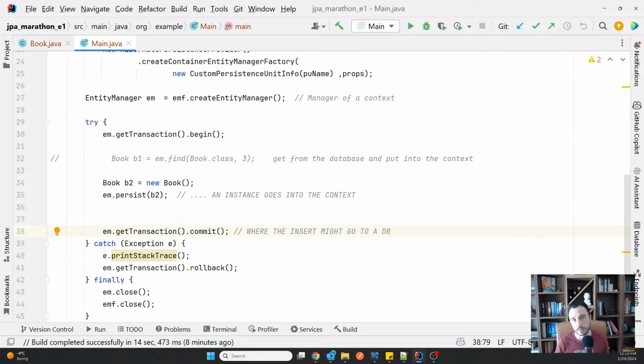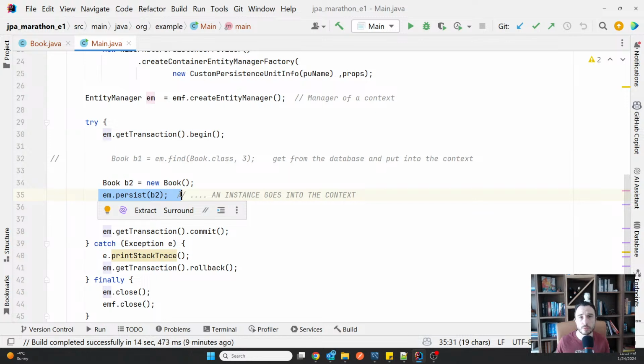So it's a big difference in how we think when using a JPA implementation versus using JDBC. Because in JDBC, when you call something like persist, this is the place where an insert happens, and this is the place where the transaction commits. But when you use JPA, this is the place where simply an in-memory collection changes. And this is the place where, before committing the transaction, the inserts also happen.